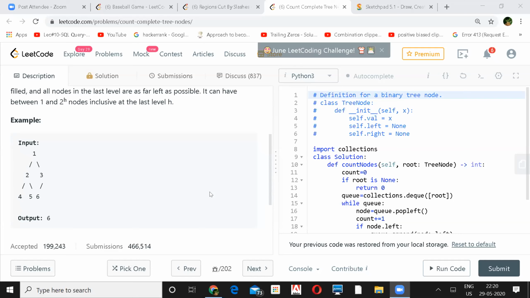Yeah, got it. Because in this example, the input we are seeing is 1, 2, 3, 4, 5, 6. If we go in the right side, there will be no element. But if we go left side only, we can see there is 6, right? So we can compare the heights of the left and right subtree. If both are equal,